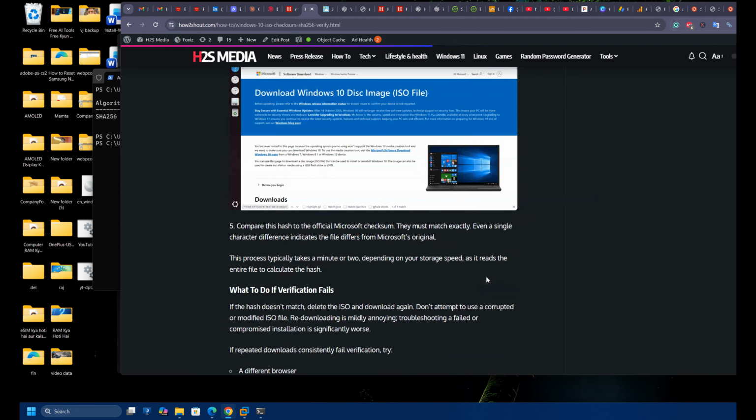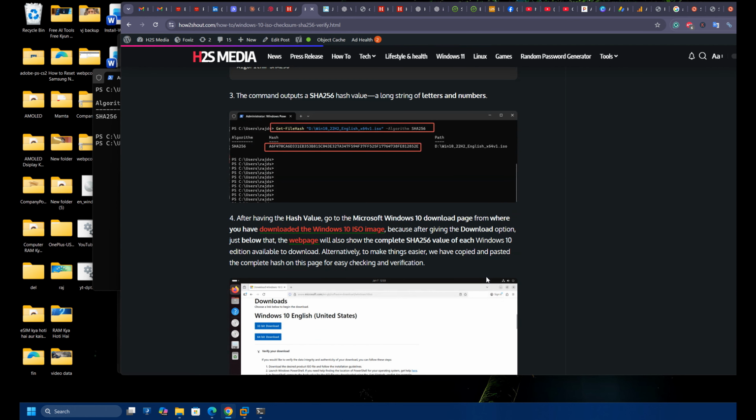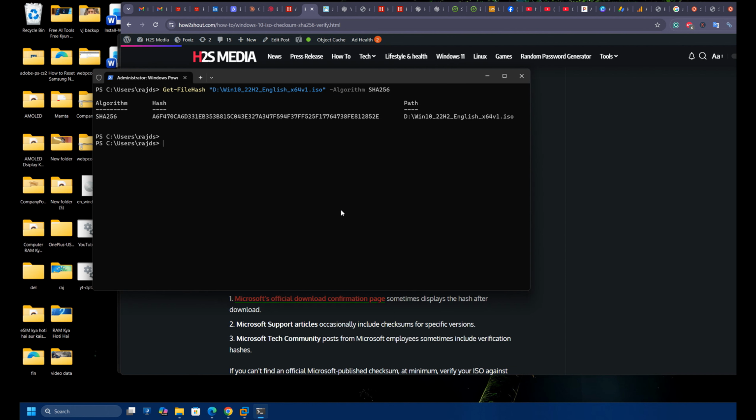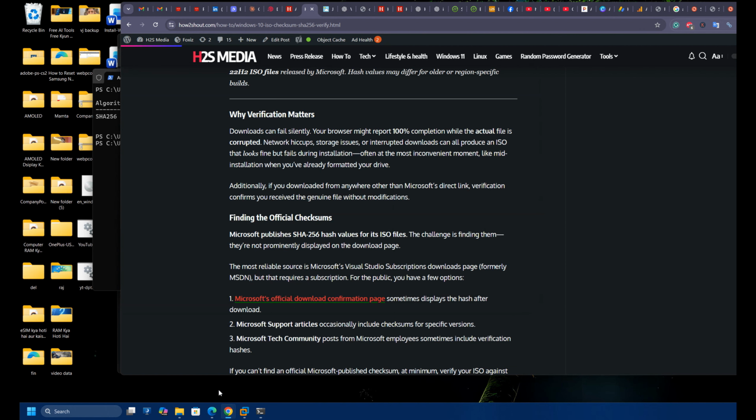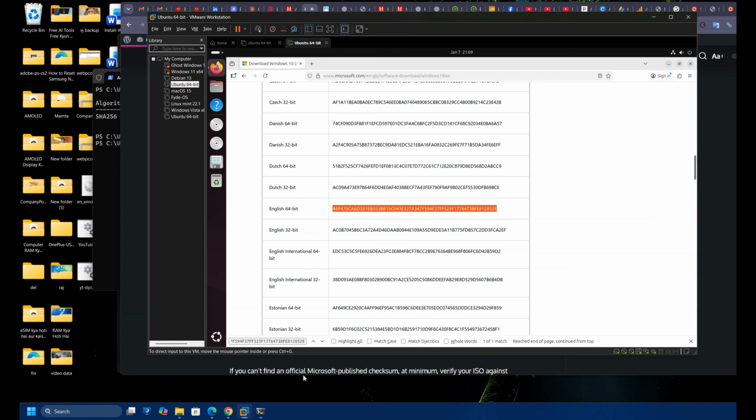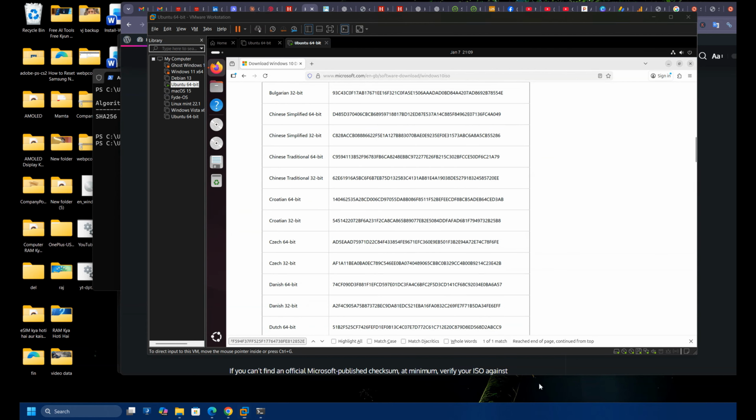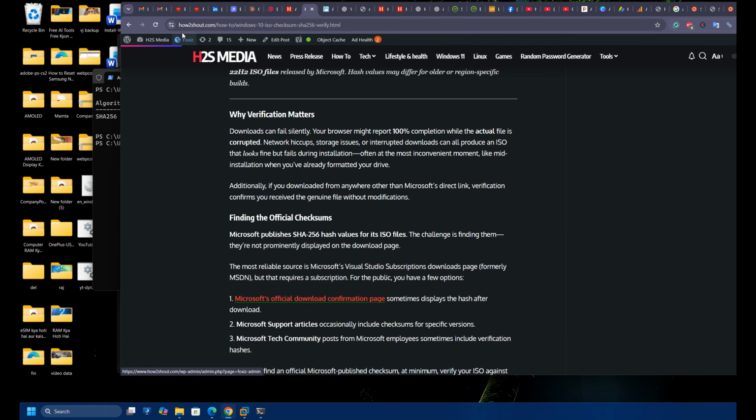In this way, you can verify whether your file is original or not, and you now know how you can get the hash value, and you can verify it either on the official website or come back to this website